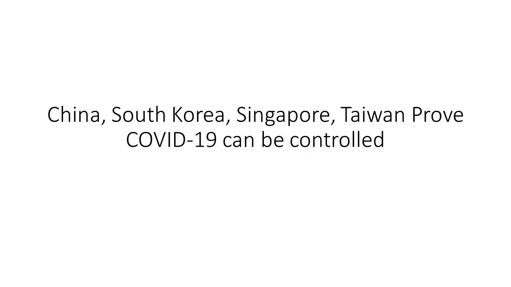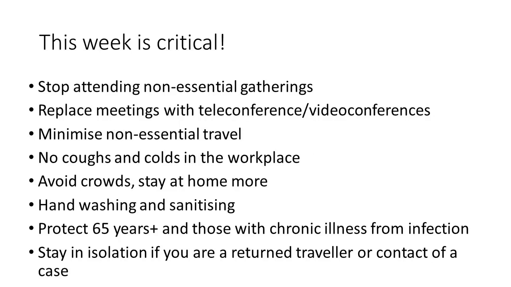We need everybody to make some really big changes, and this is probably in the next week if we're going to get off the trajectory that Italy followed. So we need a whole of government, business and civil society mobilisation. And we can't rely on government bans on mass gatherings alone. Every one of us needs to begin looking at significant social distancing, and we need to do it very soon. So that means even closing down small gatherings of 10 or 20 or 5 people, really stopping the non-essential gatherings, replacing meetings with teleconference, video conference, massively enhancing our hand washing, hand sanitisation,